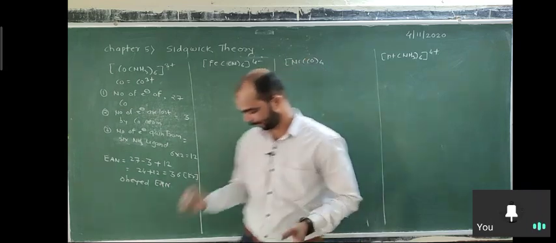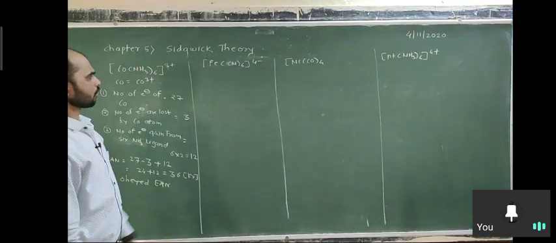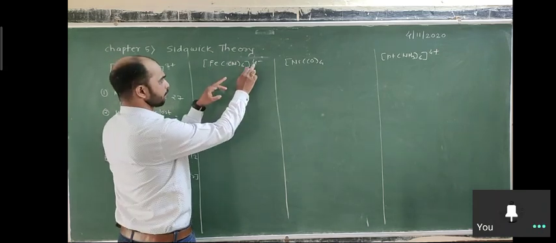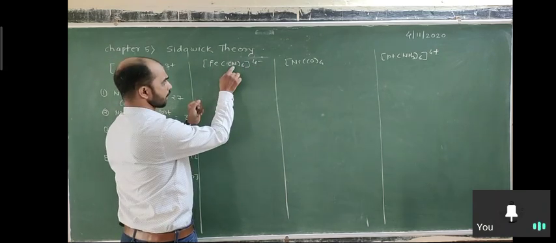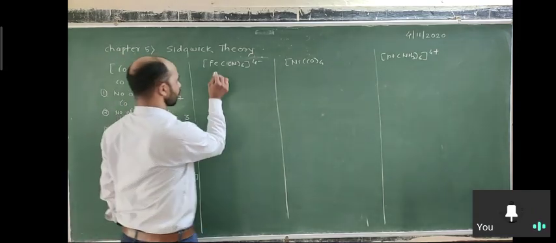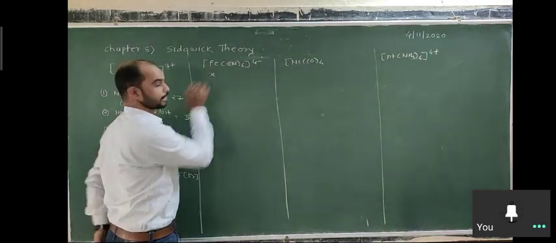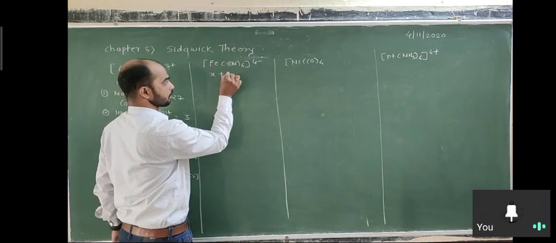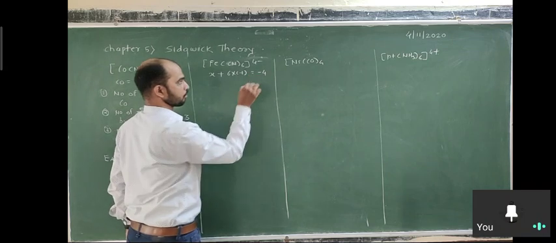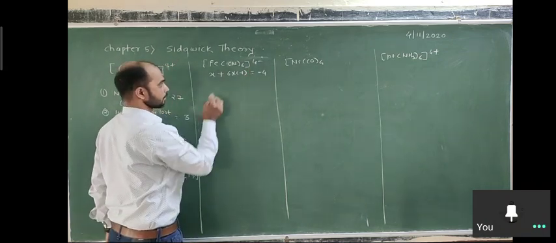Same way here. Okay, what is the oxidation state? First of all, calculate the oxidation state. Here there is a -4 charge. Here cyanide is there. Cyanide is -1, that means here it is -6. So how to calculate? We consider X for Fe. Here 6 into -1 is equal to -4 because -4 is the charge on the complex. So X plus